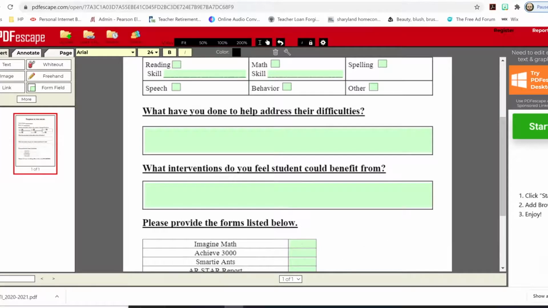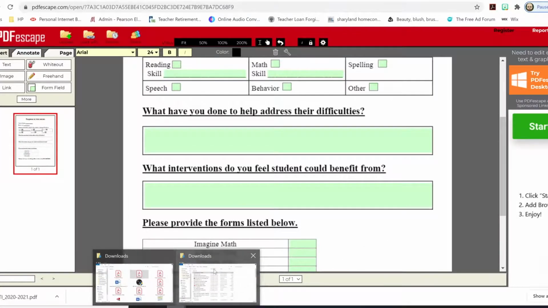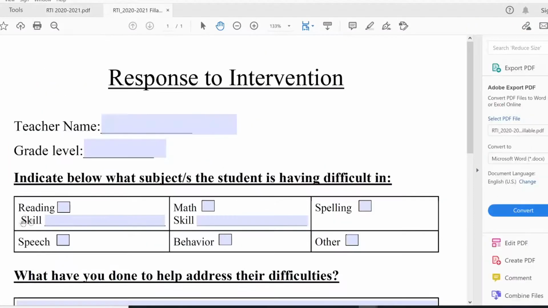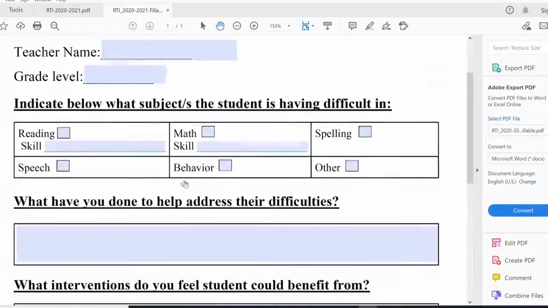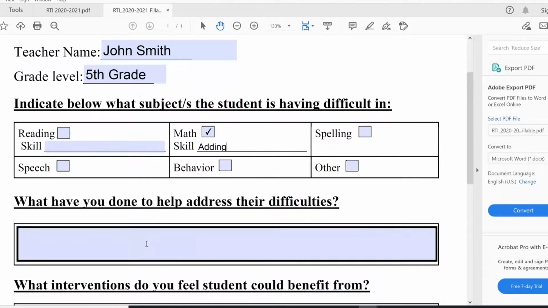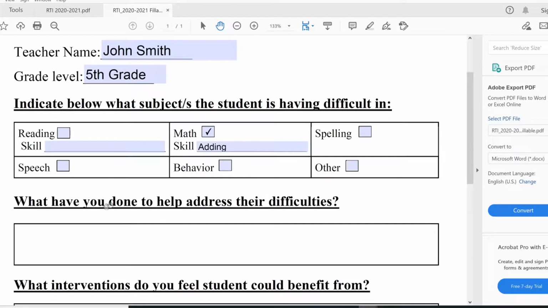We can check it out, see what it looks like. I'm going to open this up, and now you have a response to intervention that is fillable. So here you can put John Smith. He's in 5th grade, and we are doing math. Adding, you can put that in there, and then you can start typing in what have you done to address